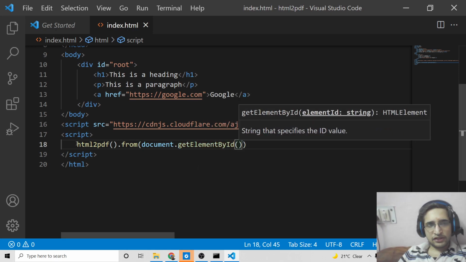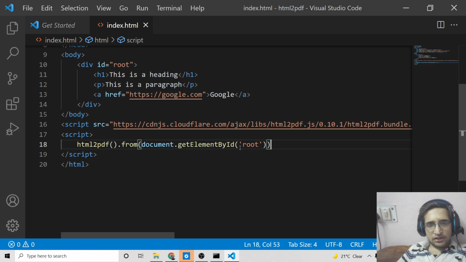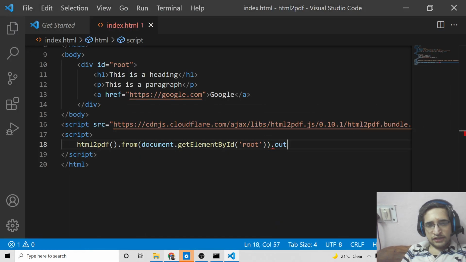Here I have given the ID of root to the div element, so I will simply pass the ID, that's it. And then we will use the output PDF method.